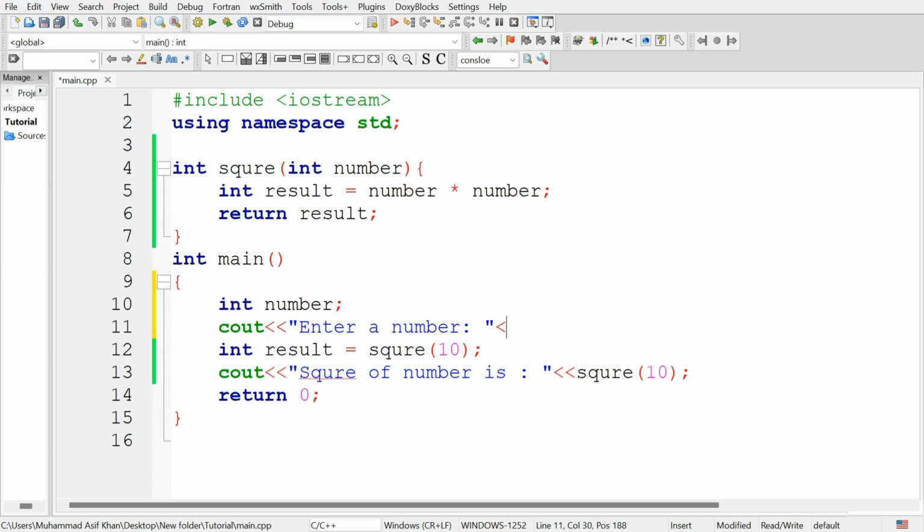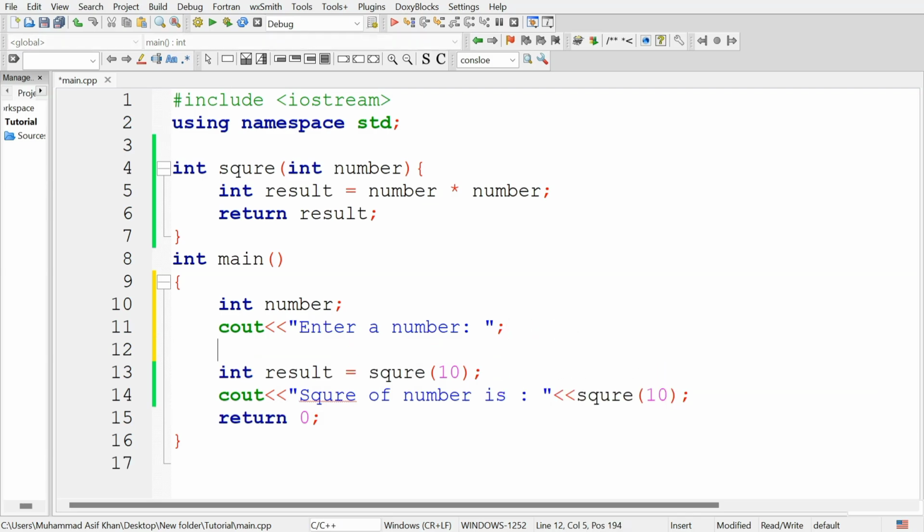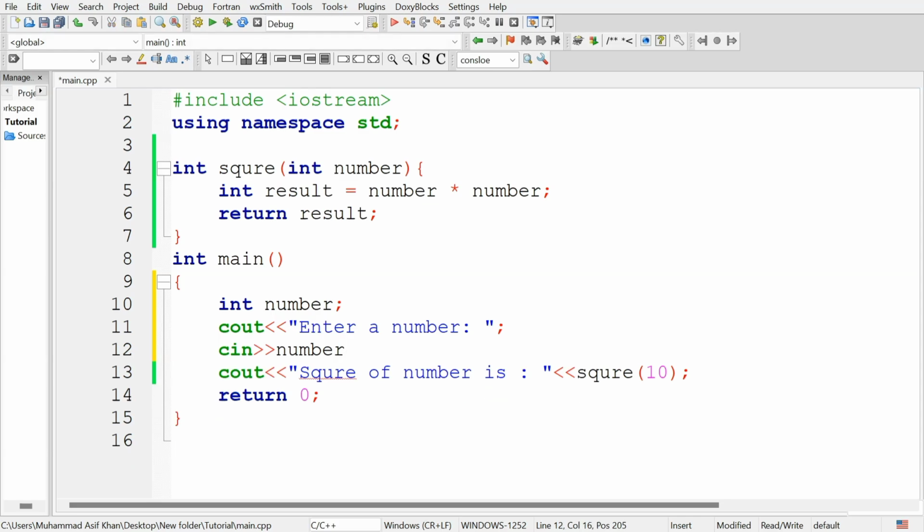Now use the cin statement to store this value entered by the user into the number variable, and now pass that number variable as argument to this function and run this program.